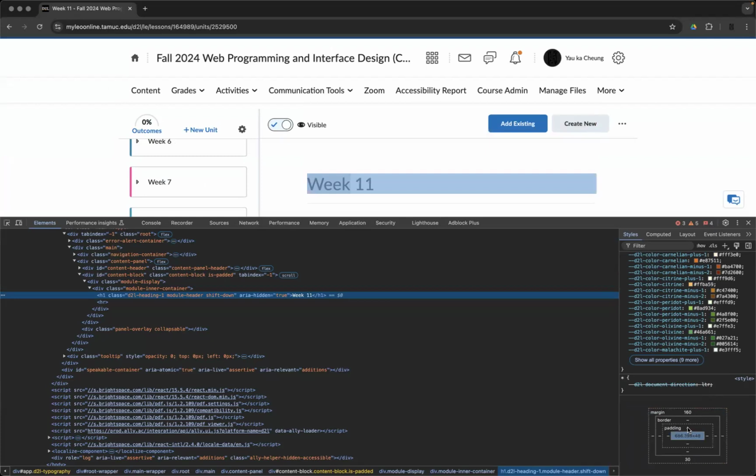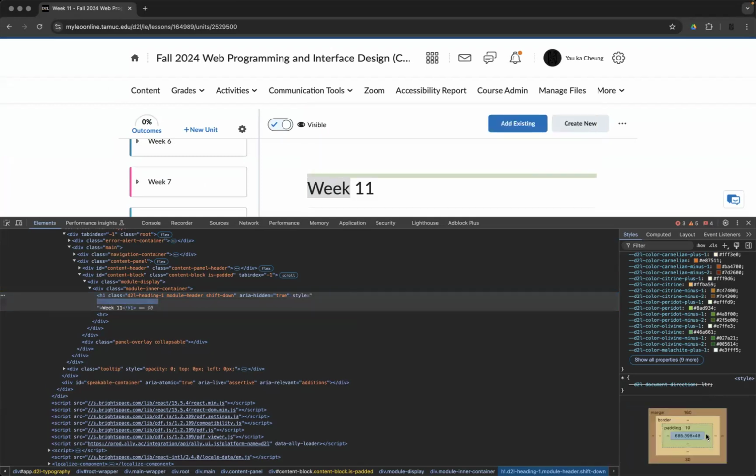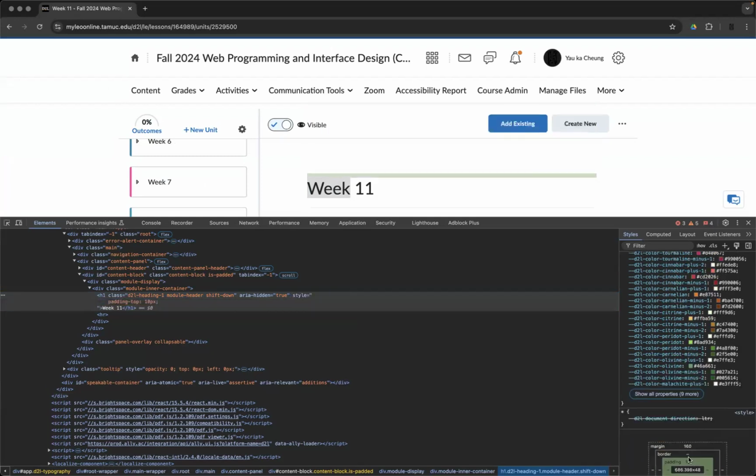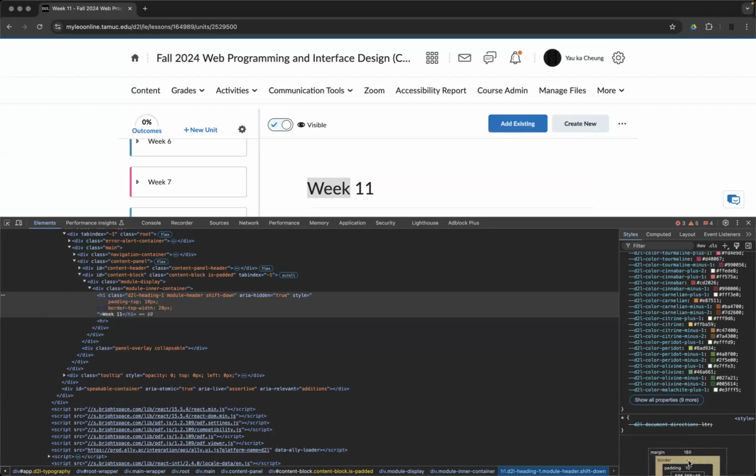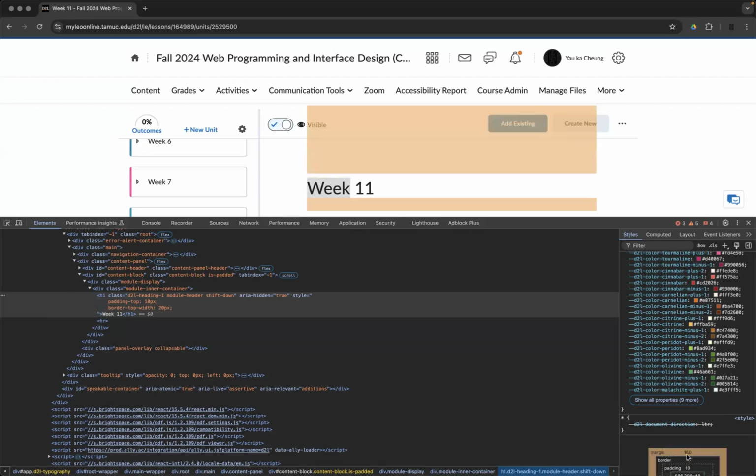Obviously you're able to change these. If I change the padding to 10, right here, 10, you see it goes down a little bit. And then if I change the border to 20, okay, if I click on here, it is the border and padding. Padding is on the top, so it's the whole box. And then sometimes we have the margin. Okay, so if I set the margin to negative 100,